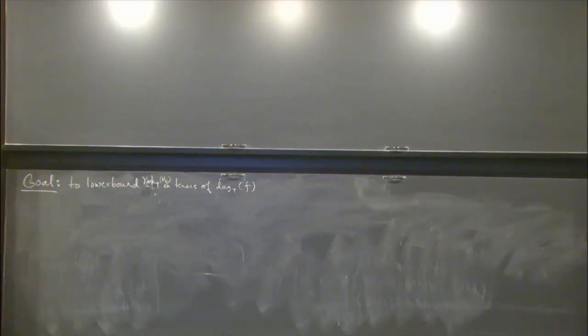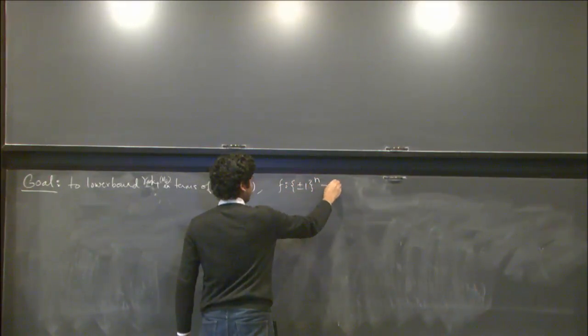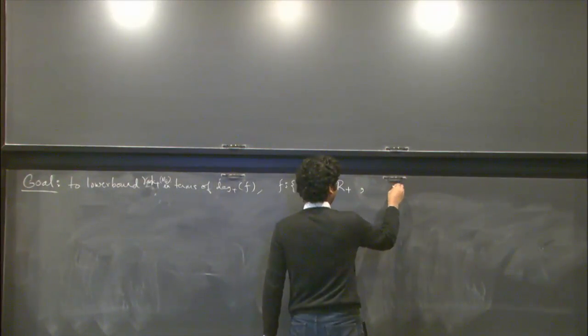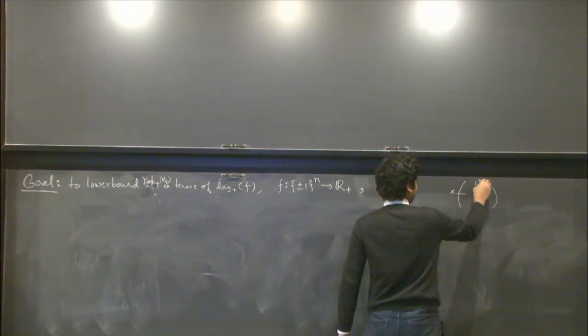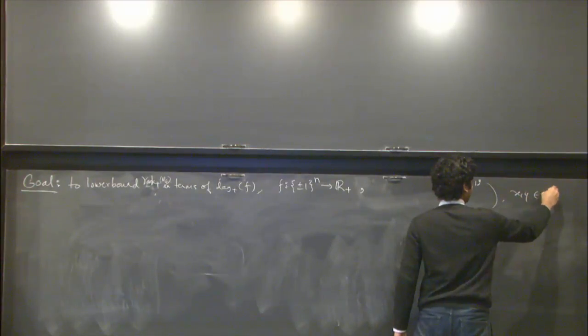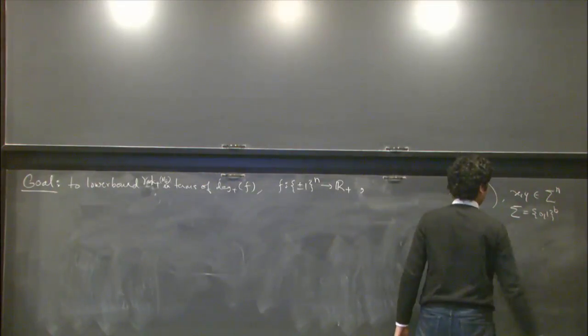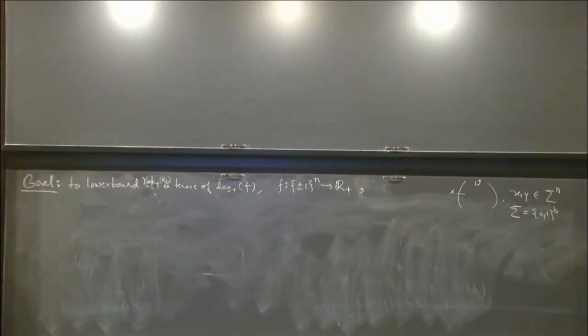Okay, great. Our goal now is to prove a lower bound on the non-negative rank of the MF matrix in terms of the non-negative degree of the function f. Let's just recall all the notation. So the MF looks like this. You have x, y, and x and y live in